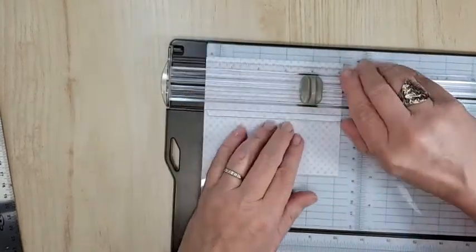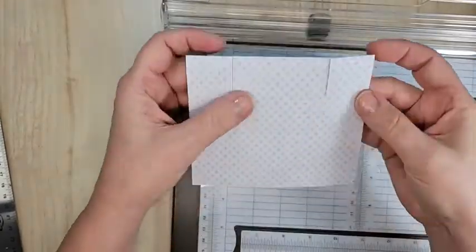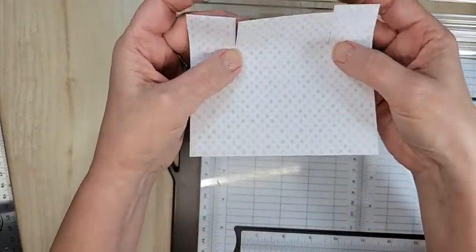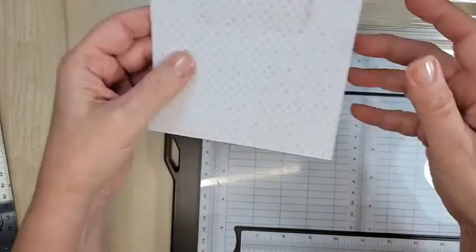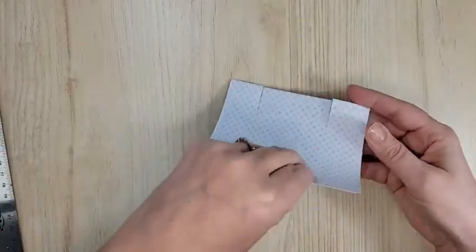I went over. Okay, don't do what I did. Okay, so I did go over by a bit. Doesn't seem to be the end of the world. They appear to be matching, so that's what I need. End of that for now. I can't change the fact that I went over a little bit. We'll open up our card